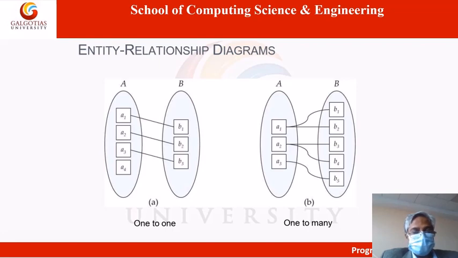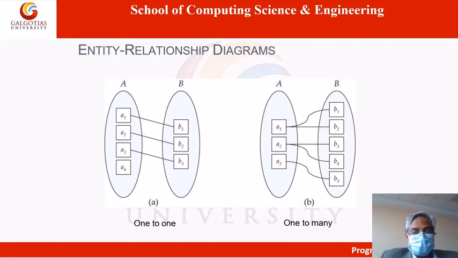If in one entity set there are more entities than in the other, then you can see here that entity A4 is left alone, because only one-to-one relationship is allowed, and in the B entity set there is no entity left to be associated with this A4 entity. So this type of relationship is called one-to-one relationship.